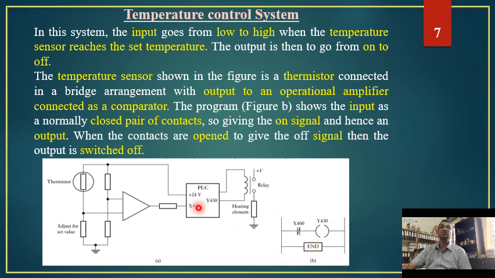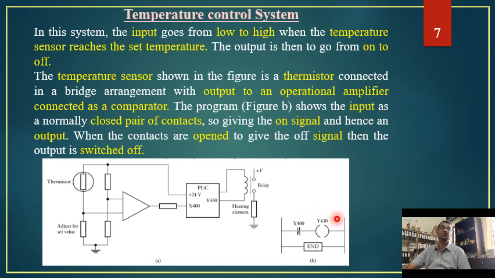Note that whenever there is no signal, this heating element must work. That is why we are having a normally closed switch. Normally closed because under normal situation this heater must work, the heating element must work. The power must be supplied to this heating element, right? So when a normally closed switch is connected in the circuit, the output is always there.